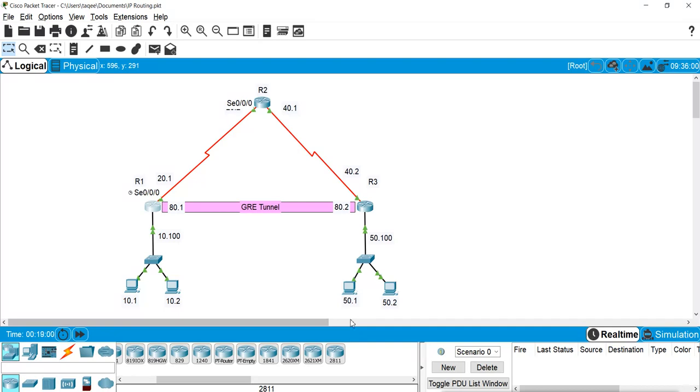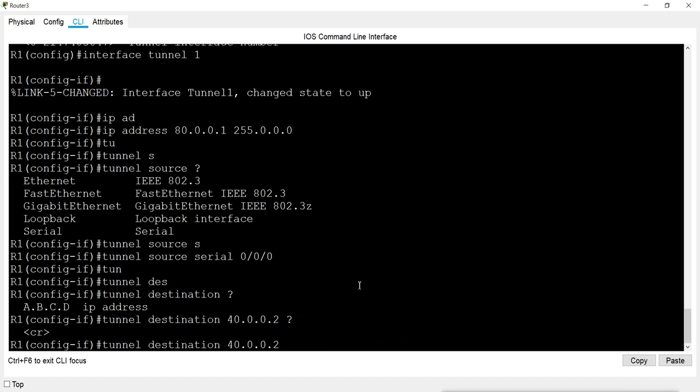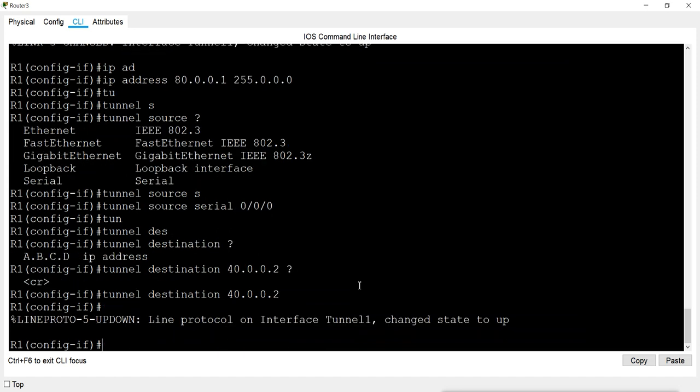Now destination IP address will be this 40.0.0.2 because the tunnel will go and end on this IP address here. So for router 1, the destination of the tunnel is 40.0.0.2. So here I will mention 40.0.0.2.